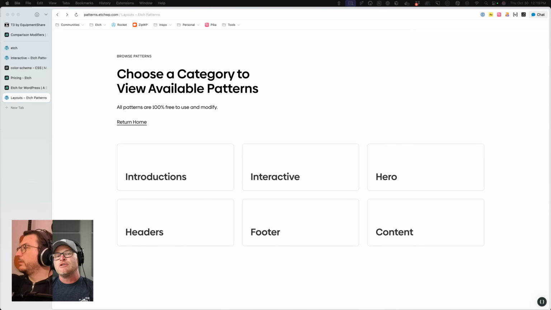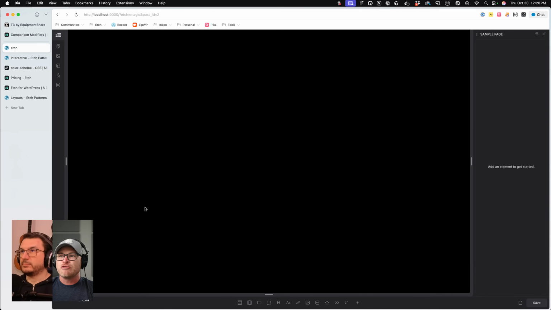But if the builder has loop functionality that is extremely quick to whip up a loop and get it working, why would you write all of that by hand in PHP? I don't know. But you could if you wanted to. We just don't have PHP authoring yet. It's waiting on 1.0 stable before we get into that territory, but you will be able to. So if you want to teach PHP authoring in Etch, you will 100% be able to teach PHP authoring in Etch. If you want to teach vanilla JavaScript authoring in Etch, you can do that in Etch right now.